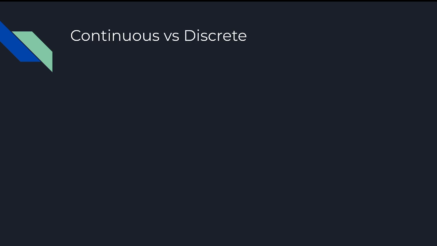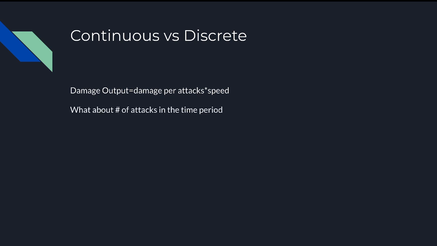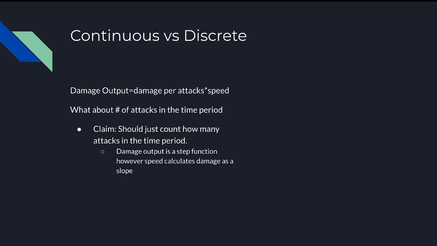So the next thing we see is that, okay, if I just take our damage output and multiply by speed, that sounds kind of questionable. Why don't I just calculate the number of attacks within a time period? That's more fixed, more well known. It's not fair just to multiply by speed because that's comparing a continuous to a discrete amount. So why don't we just count how many attacks in the time period? Because the damage output is more like a step function,